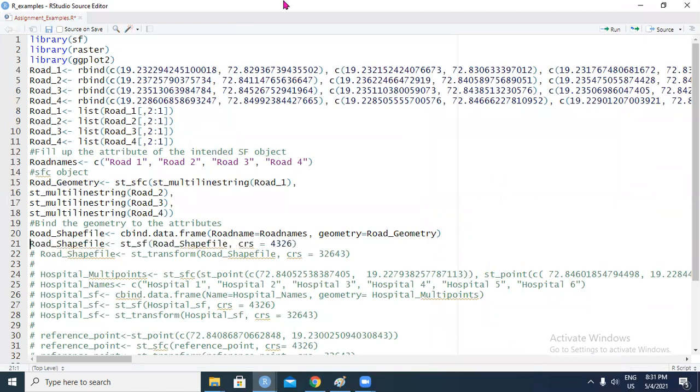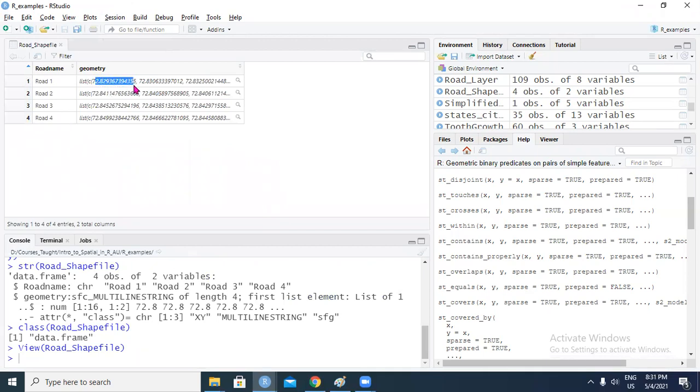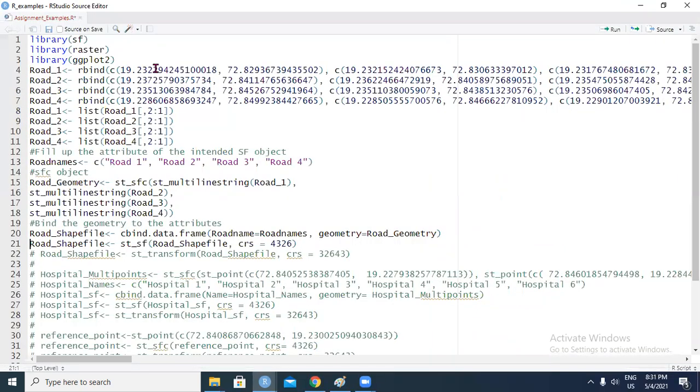Now, when you give the CRS, you start with WGS84, because right now the coordinates are in lat long. So because the coordinates are in lat long, you need to give it a geographical coordinate system, a GCS, which is 4326 or WGS84. And then what you do is you do a transformation. You force a transform, and then you give it the CRS of UTM-43N. So let's do this first. And then, so that's done.